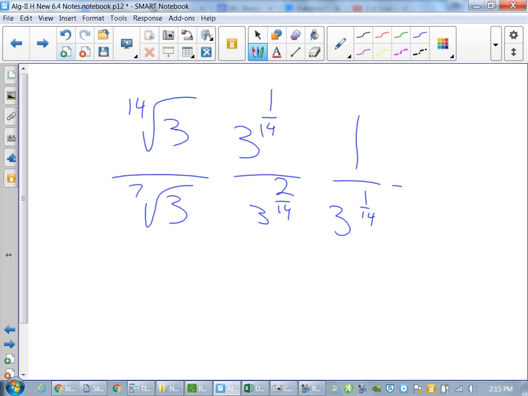And then their answer was 1 over the 14th root of 3. Now, if I asked you to rationalize this, what would you multiply the top and bottom by? What gets you to a whole? 13/14. In order for me to get to a whole here,